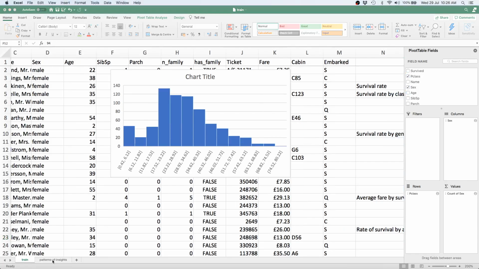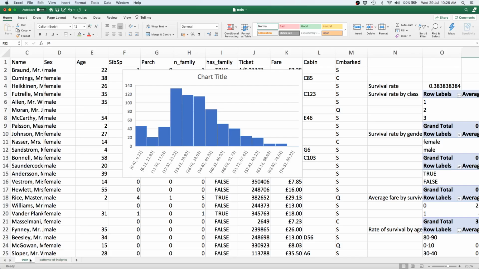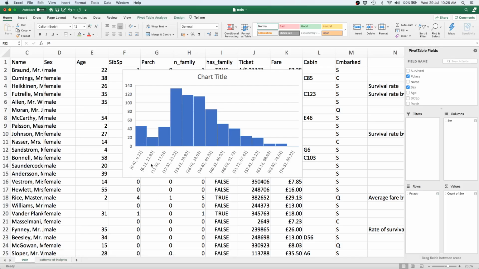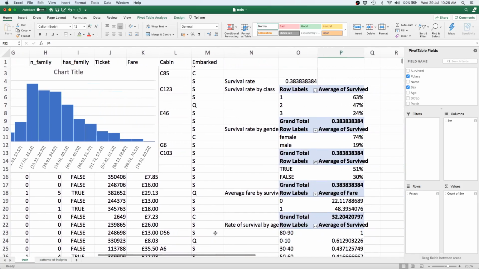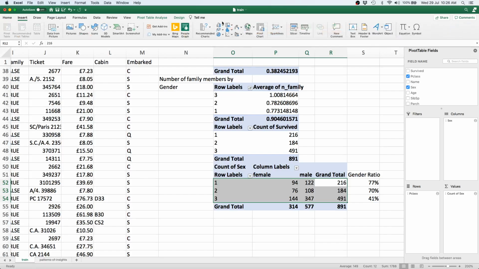Let's take a look at the next question, which is: what is the distribution of passengers across passenger class? If you think about this, a simple way to do it would be to take the counts of all the passengers in all the different classes and sum them up. But we have actually already done this. We have the three classes over here and we have the grand total of the passengers over here. So we can just select these three rows and create a new chart out of this, instead of creating a chart the usual way, since recommended charts doesn't show anything. All of these charts will not work.